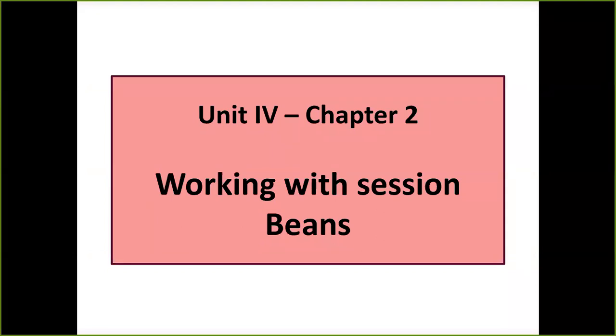I told you the first type is session beans, which also consists of three more types, that is stateless, stateful, and singleton session beans. And then the next main type was your message driven bean. So in this chapter we are going to talk about the first type, that is session beans, and the three sub types: stateless, stateful, and singleton. The next chapter is going to talk about the message driven bean.